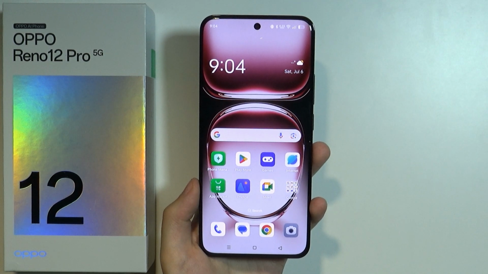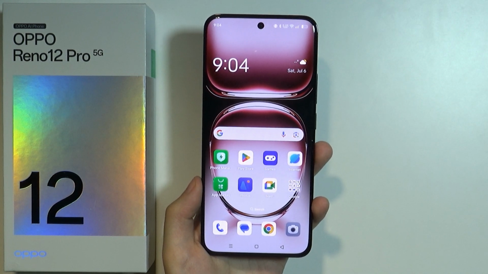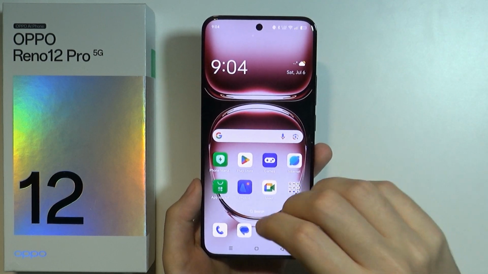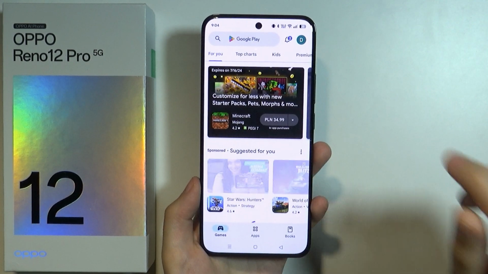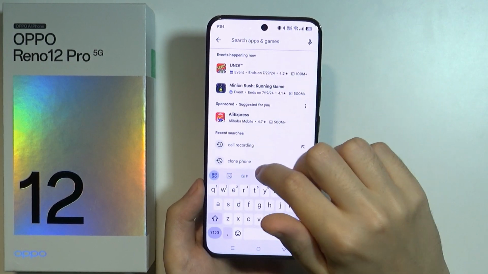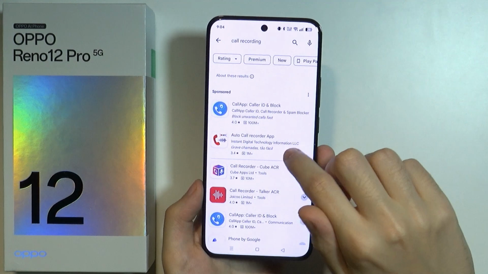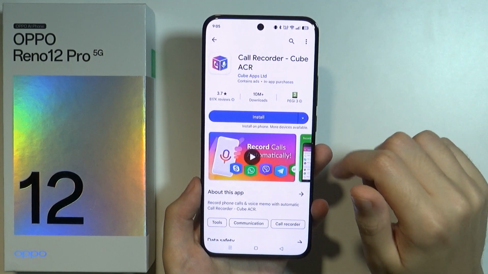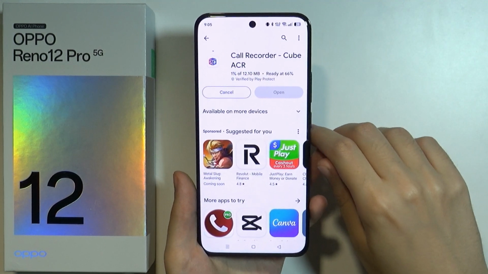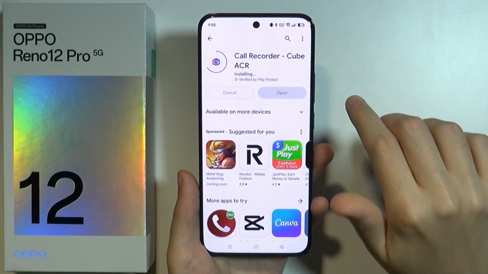Hello, in this video I'm gonna show you how we can record phone calls on OPPO Reno 12 Pro 5G. So in order to do that, we need to actually download a third-party app that allows you to do so. So we're gonna type call recording, and in my case I'm gonna download this one, Cube ACR. So I'm gonna press install, and of course we need to wait a couple of seconds to download and install